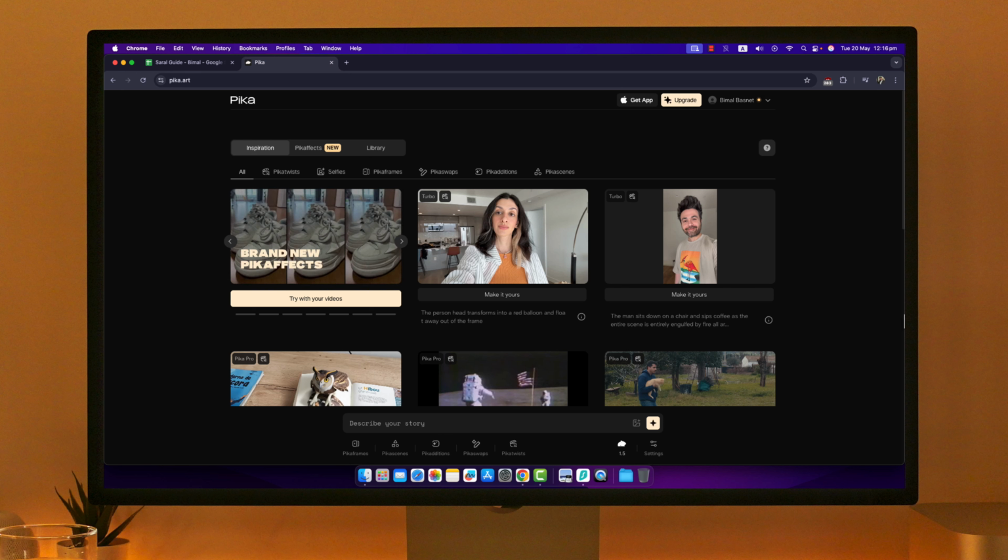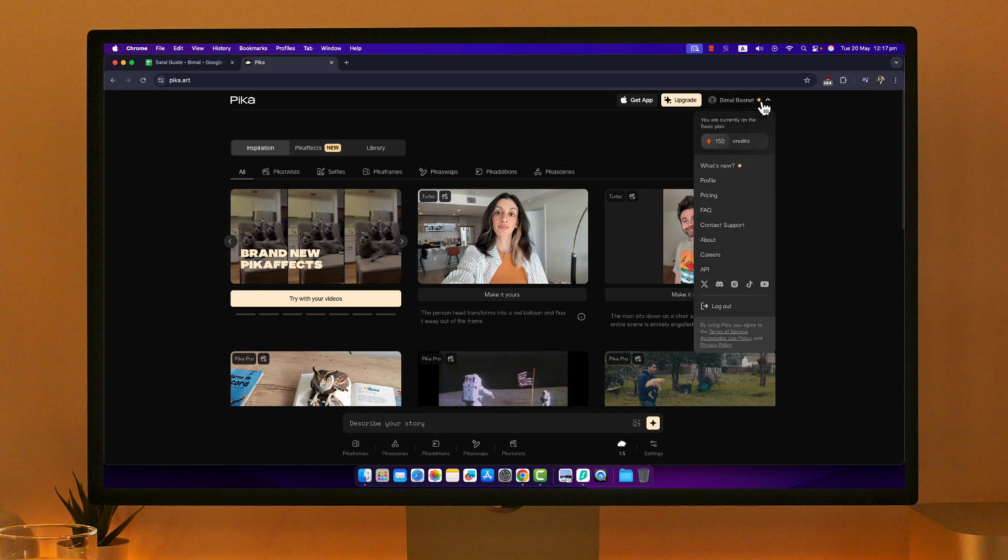After you log in, from the top right hand side you can see your Pika profile. So just make sure to click on that profile name from the top right hand side. You will see a drop down menu, and there you can see the option that says contact support. So we go ahead and click the contact support button over there,